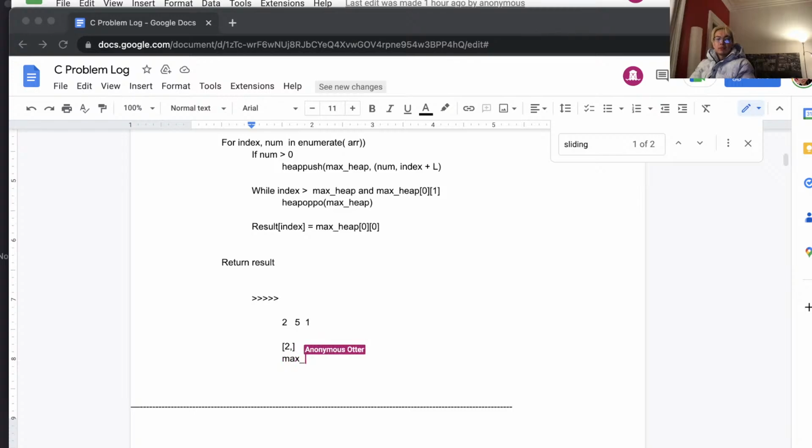Max equals 2. Then I'm at 5 now. 5 gets inserted. The max gets updated to 5. 1 gets inserted. It's not greater than 5, so we just leave it as is. So what this will give me is O of 1 time to get the max variable, right?